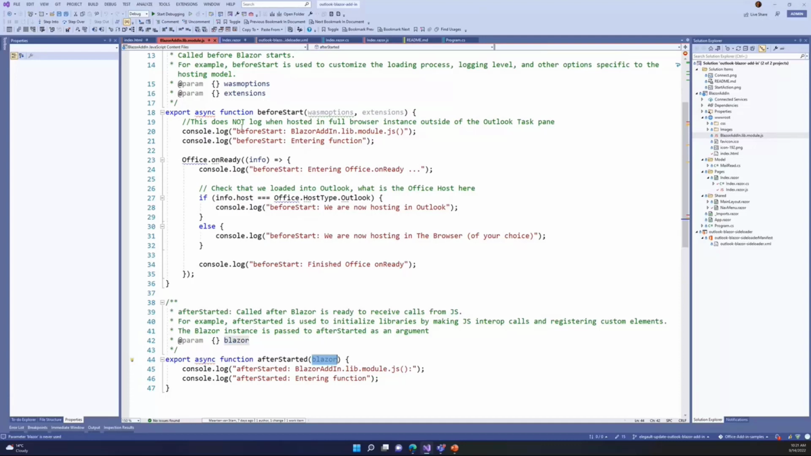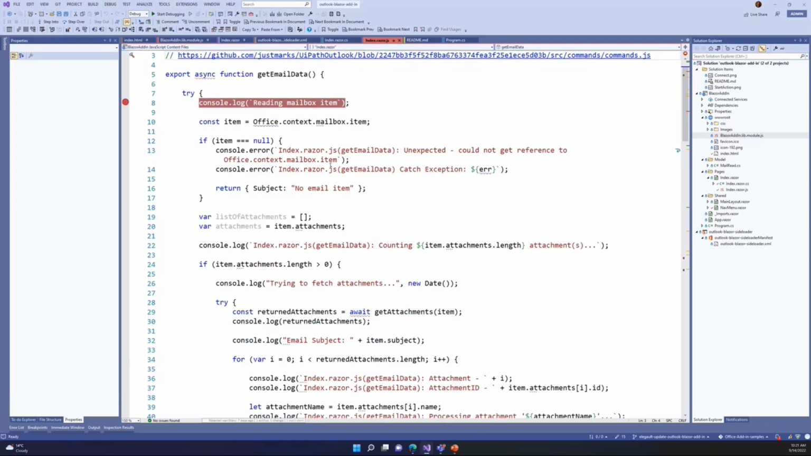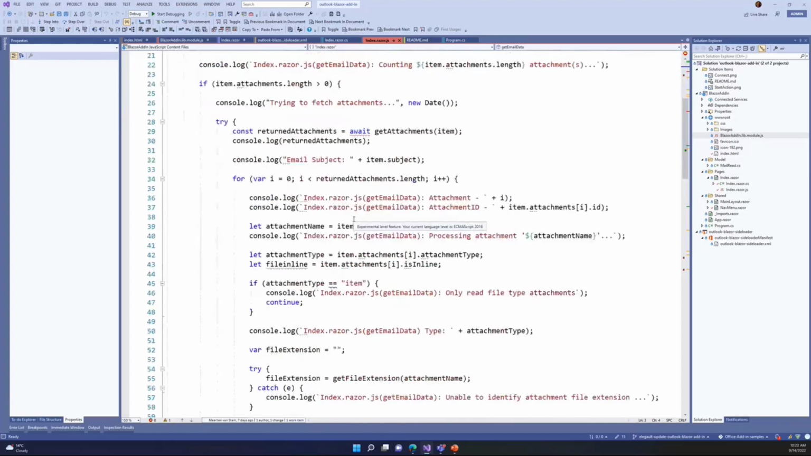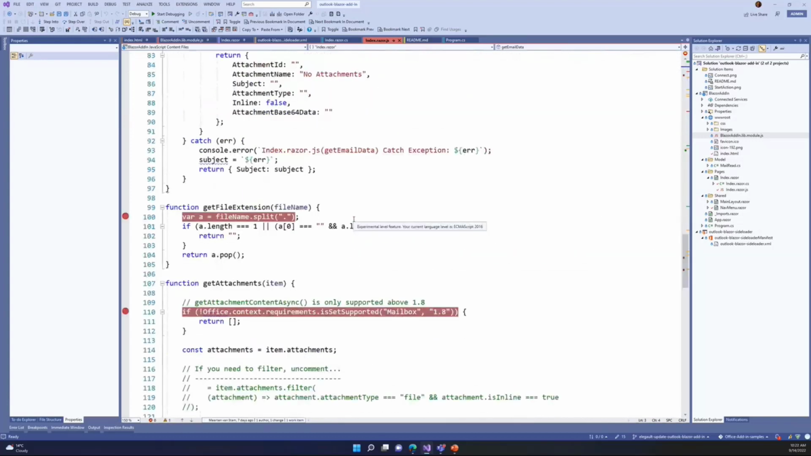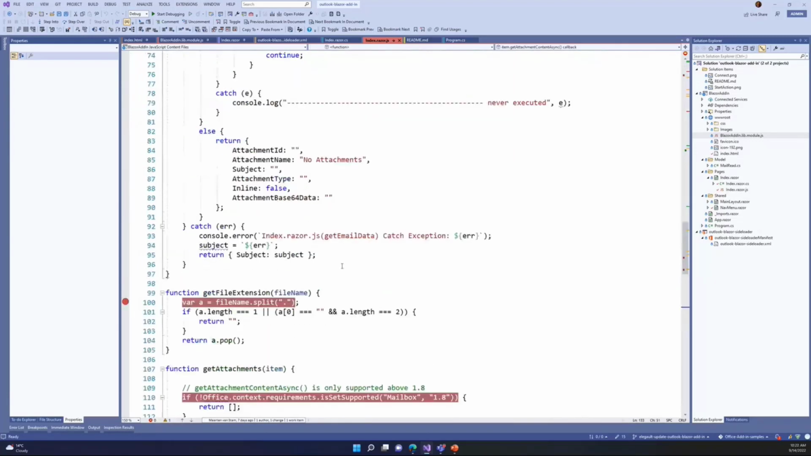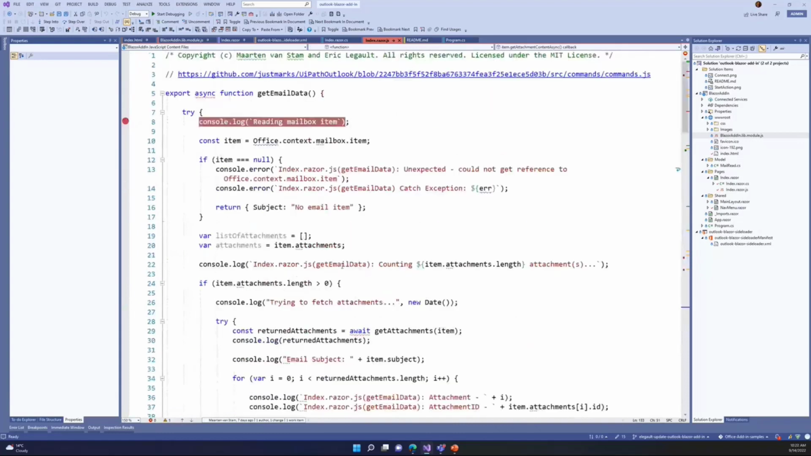So in this case, for this demo, we're simply going to be listing all the attachments in the current email message and just displaying some of that data in a task pane. And we have code in that JS file that's going to be going through all of the attachments in the email and getting the data, calling some asynchronous methods down here. That's going to call the getAttachmentContentAsync method and bring all that together